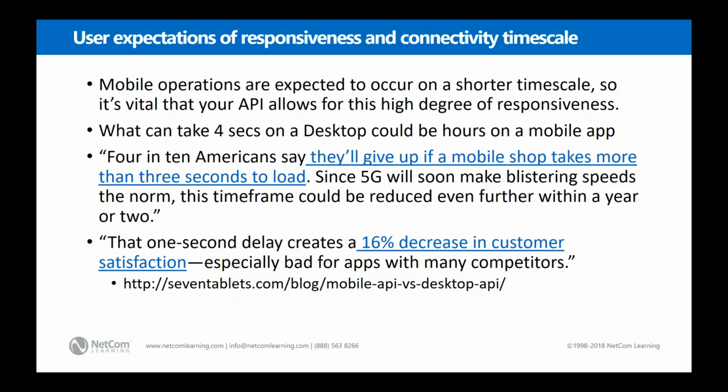People have no patience. A 1 second delay creates a 16% decrease in customer satisfaction. Speed is key here. Yes, it could be because of the 1 bar. But if I have 4 bars and it's still taking forever, they're going to blame your app. They lose patience with it and move on to something else. So that means those APIs that might have had a decent response time for your web or desktop applications, because I didn't have to worry about bandwidth since I'm on the same network,